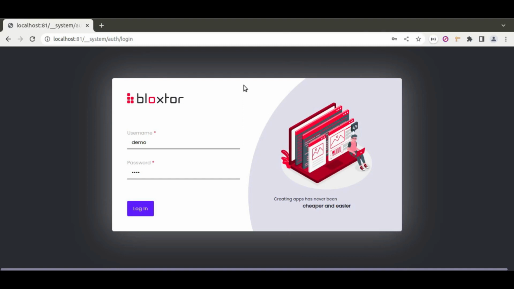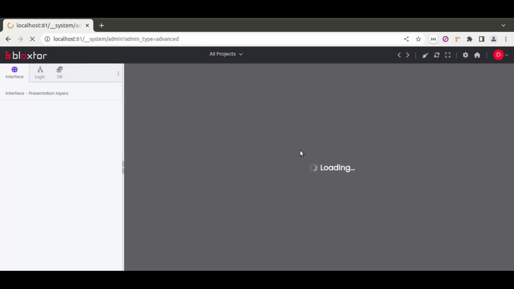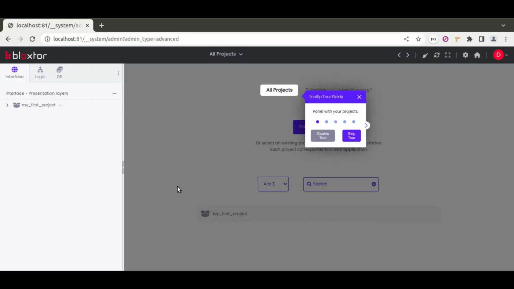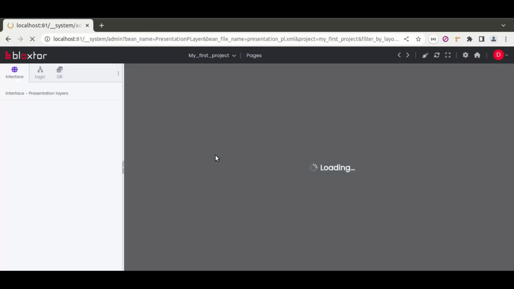Hello! In this tutorial I'll teach you how to create a page which will show an editable list from a database table, but this table is going to be connected to a second table. So in the previous tutorials we created the article table, and now we're going to create a new table and connect these both tables. So let's log in to our framework, choose the advanced workspace, disable these tours, select the projects,